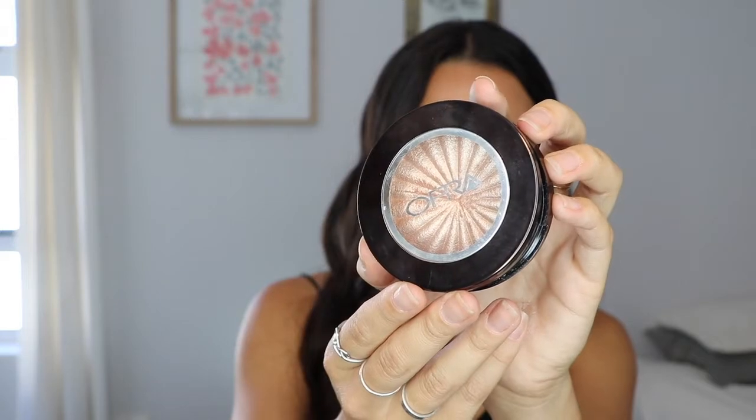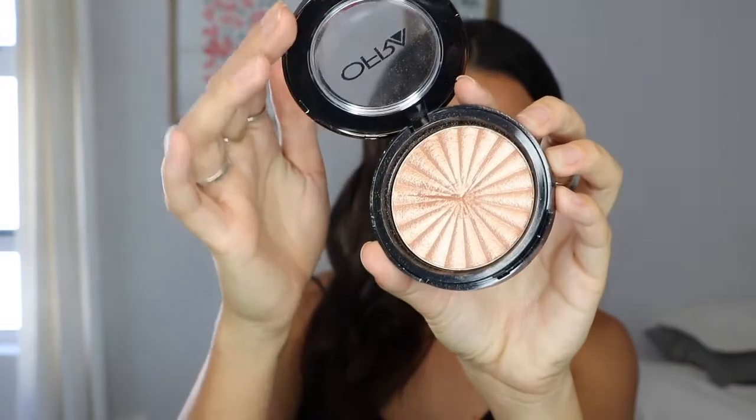Then for the last makeup product that I'm going to be talking about, this is the Ofra Highlight. Guys, do not sleep on this product. This is the Glow Goals Highlighter, and this is one of the most blinding highlights, to the point where I've been using this for the past few months now, and